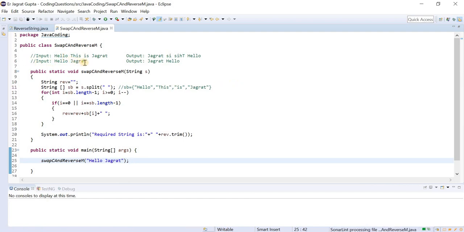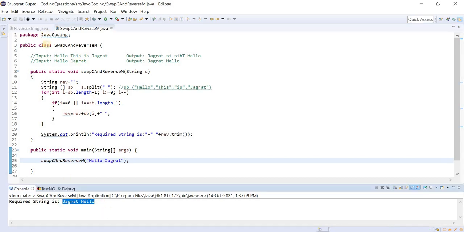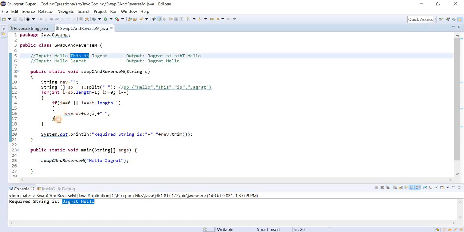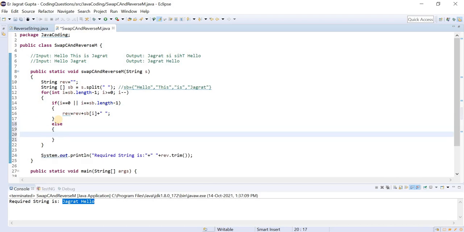So in these two scenarios, firstly we implemented the corner words. Okay, and then I will cover the middle words. Okay, so you can see we achieved our second test scenario. Okay, now let's incorporate the middle also. Okay, so we incorporated the if condition and now I am going to incorporate the else condition.